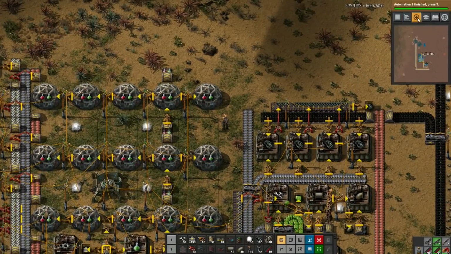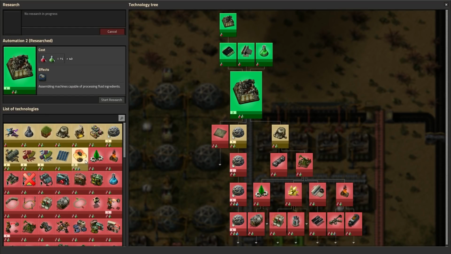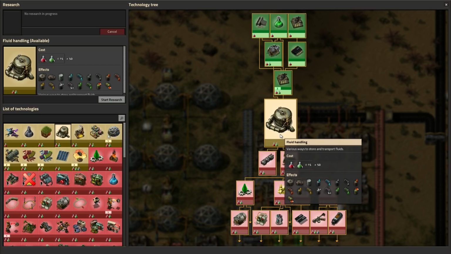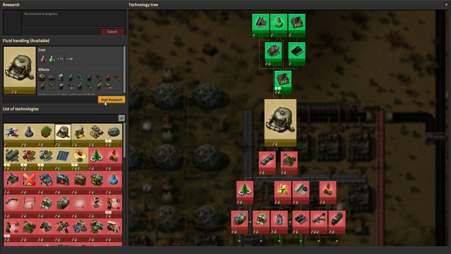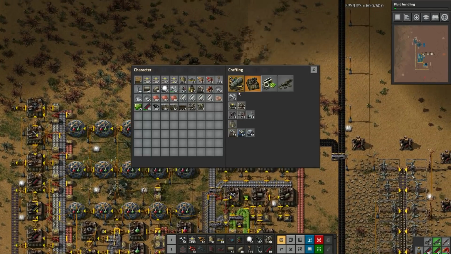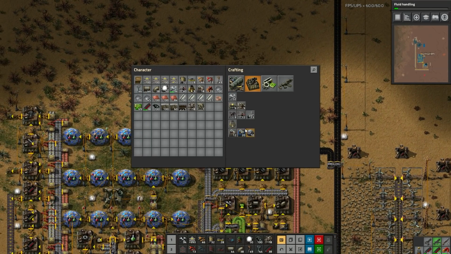All right, automation 2 is finished. Let's start something else while we have the chance. Let's see, fluid handling, that is the big one. This really unlocks, of course, the oil processing, which is very important, of course, for blue science, which we will need. So let's start researching that,